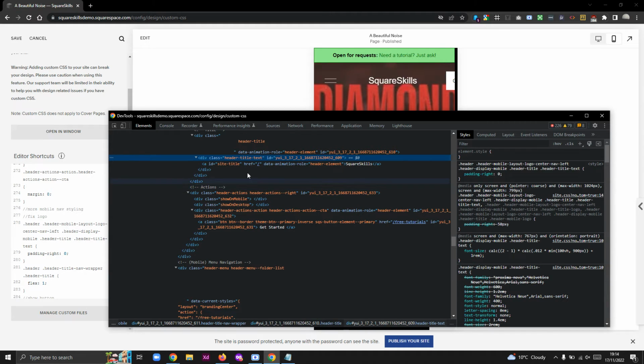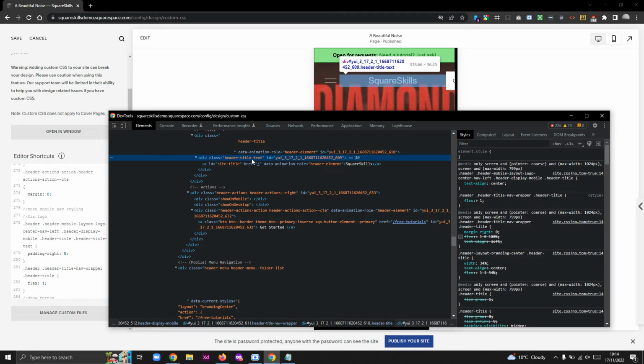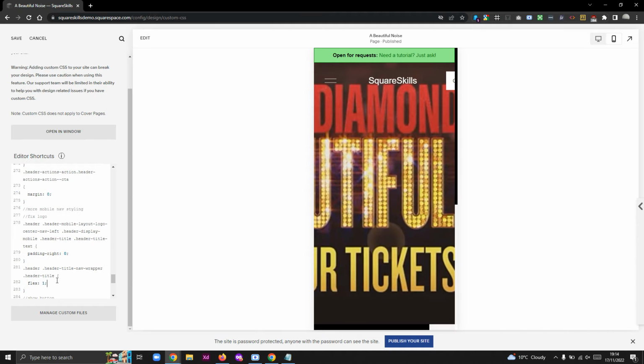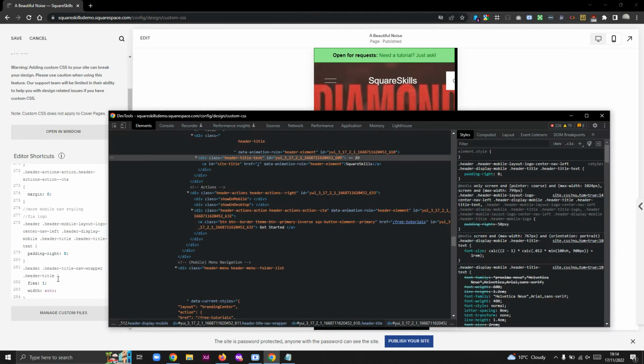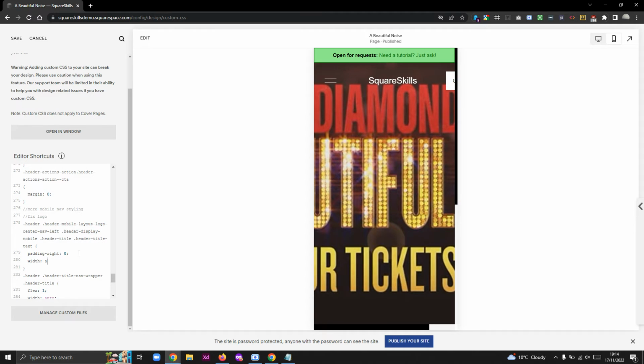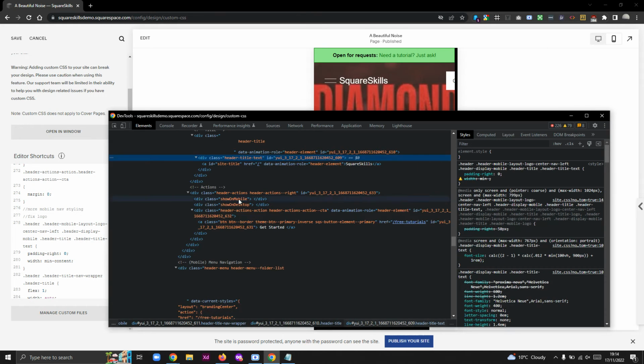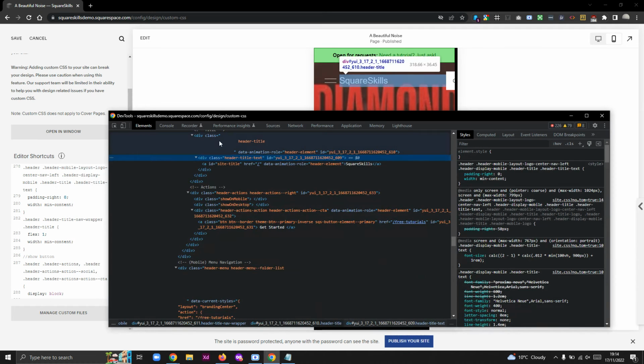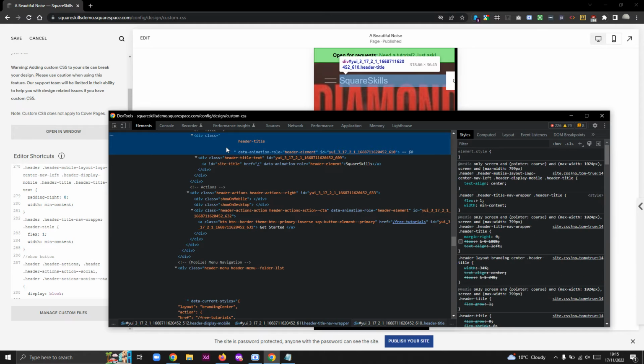I was hoping there was a nice, quick, easy shortcut, but I guess I could just make these elements auto, and I'll do it for the title text element as well. Or maybe even actually min content. There we go. That's much better. Min content and min content. So basically making it only as large as the smallest element inside it. This one here, I think,